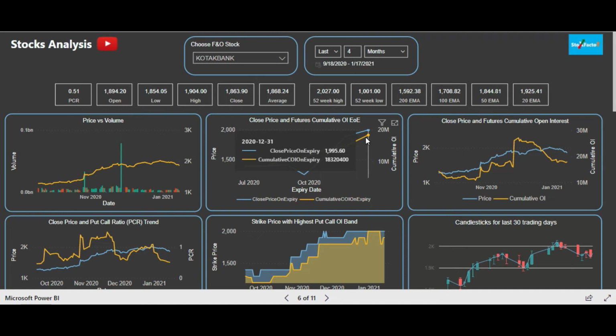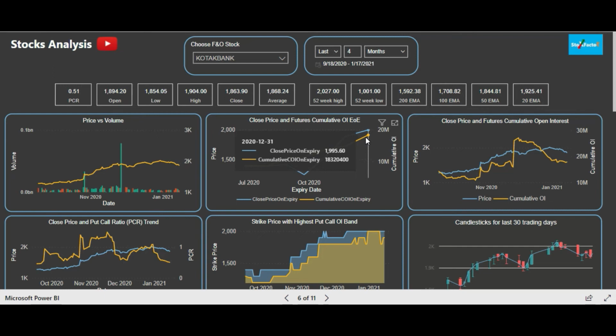So as I was mentioning in the theory earlier, whenever a strong player enters a particular stock, it enters with a view of a few months, not for a few days only, 10 or 15 days. That's why you are seeing the long buildup getting carried every month, right? The new long positions are also getting added, the old positions are getting rolled over, and the price has risen significantly. So let's see how we can identify whether a strong player has entered.